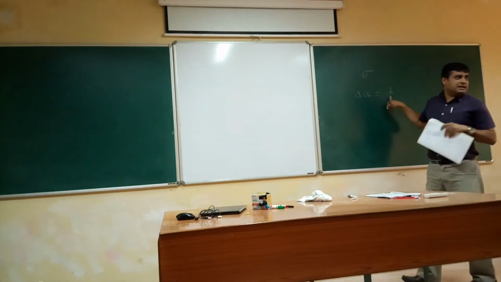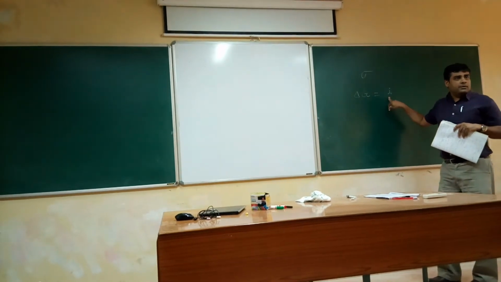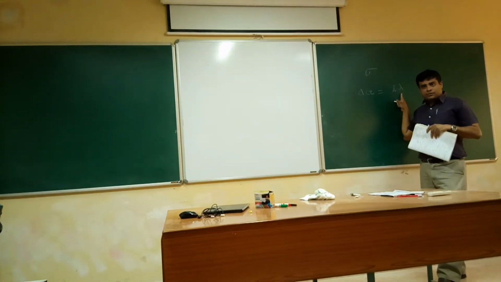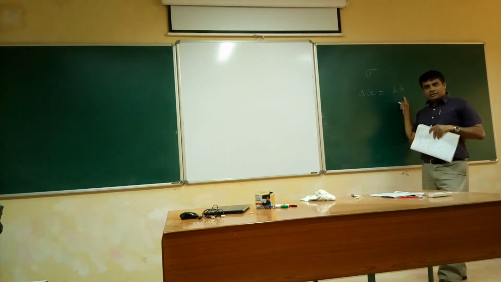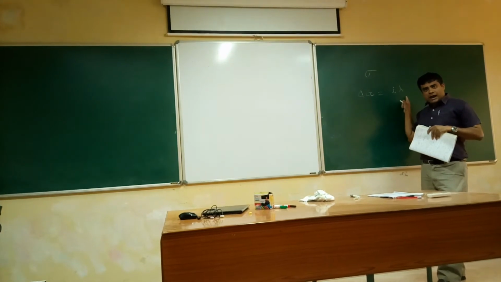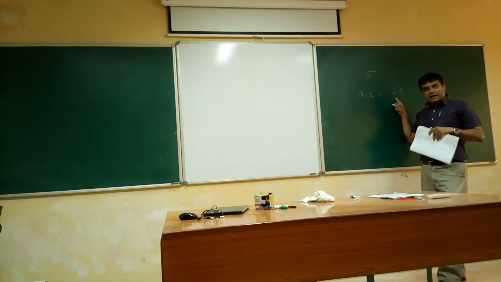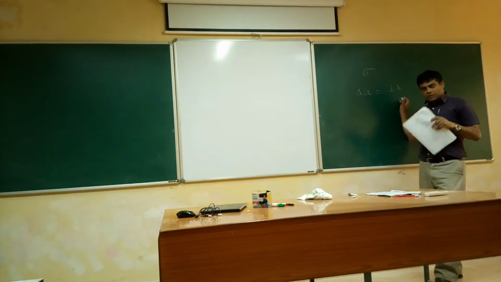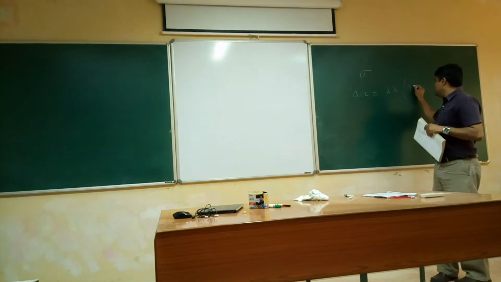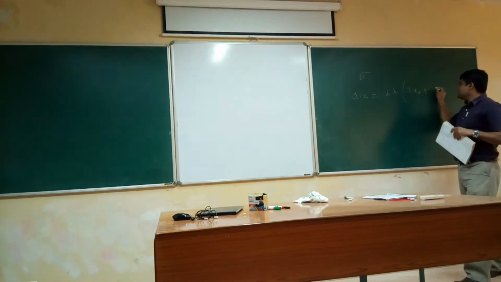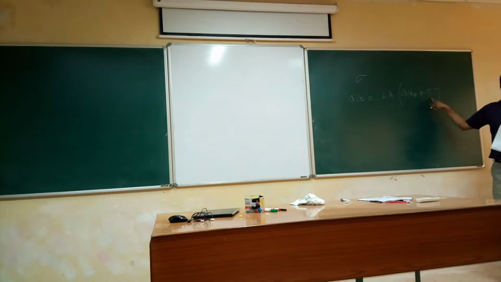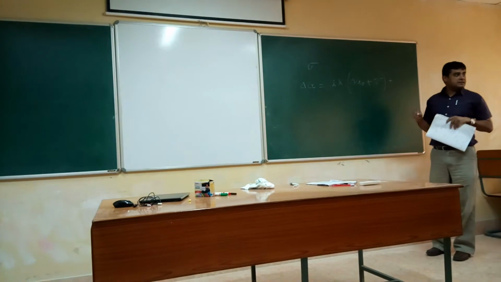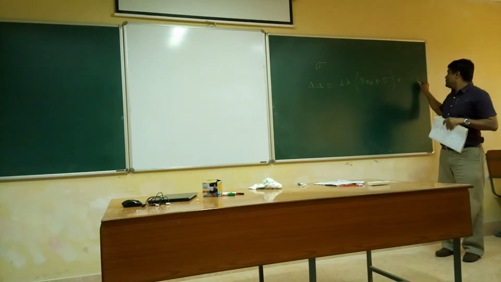What is I? I is the number of atoms in the embryo. What was lambda? Volume per atom of the embryo. What is I lambda? Volume per atom of embryo multiplied by number of atoms in the embryo will give you the volume of the embryo. Volume of the embryo multiplied by delta GV, plus that sigma, the strain energy, plus the gamma part. What is the area?